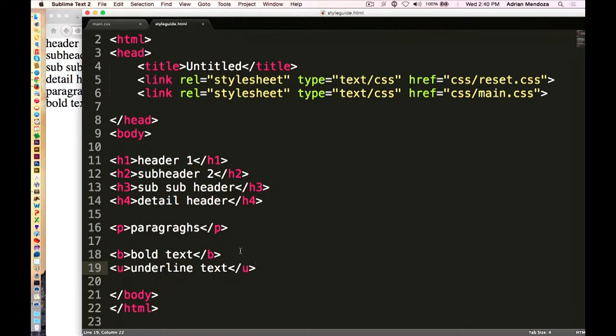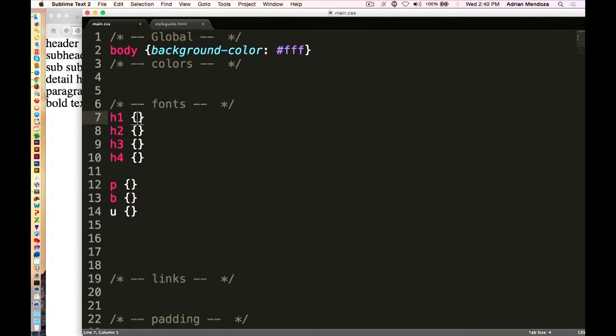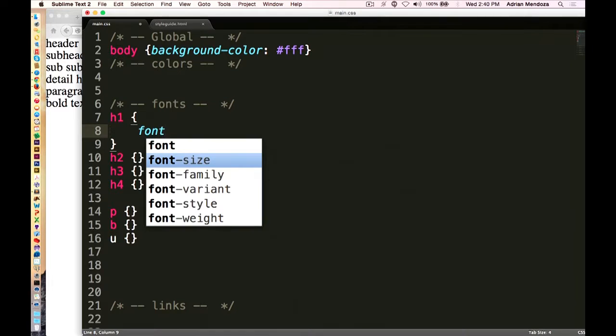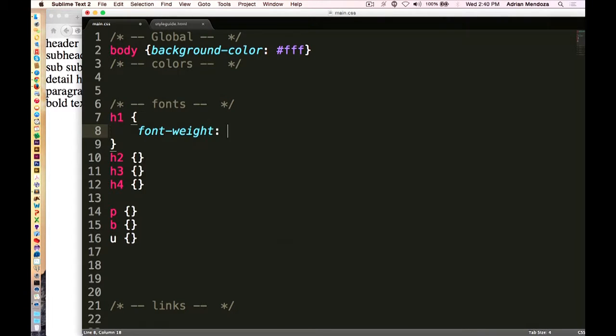So at this point, what we are going to do is go back to the main and look at the first point. Let's say we want to bold our H1. I'm going to hit enter and start typing in my type ahead, font and then weight. Font weight is where I'm going to add in my ability to add in bold. A lot of times we're going to use bold or strong. In this case, if I hit bold,